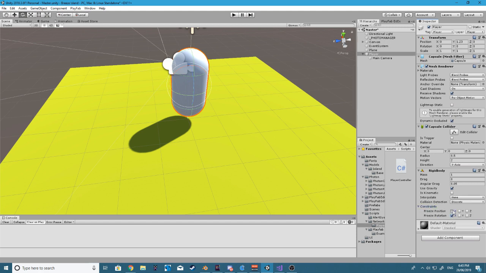And we'll just freeze the rotation. Sorry, not position, just the rotation. Collision detection, let's just make that continuous for now. And we also want to chuck on a